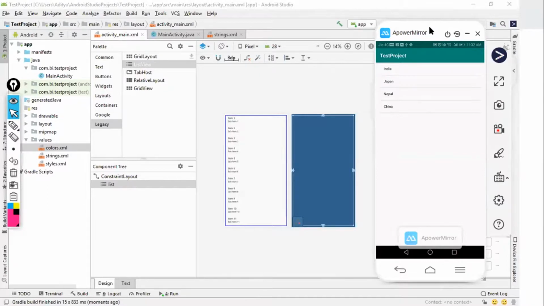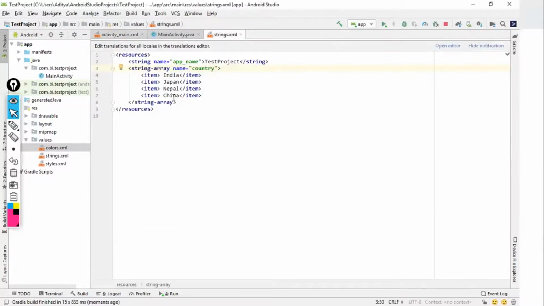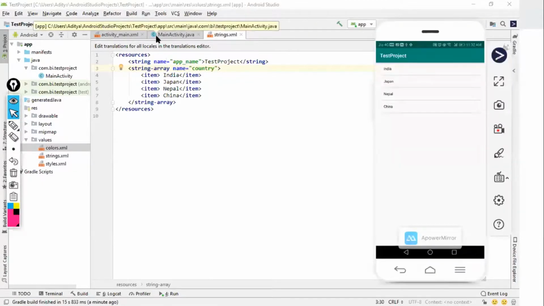Now some pros and cons of it. The pro is you can change the string file, you can change the array anytime, and obviously all the changes would be reflected in the main application. So you don't have to touch the code part of it because list views are part of view. Even the MVC architecture says that changes in view should not involve interference with the coding part. So if you make changes in the string array, the changes would be reflected. This is an advantage of it.